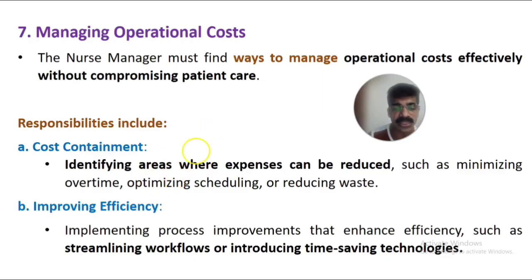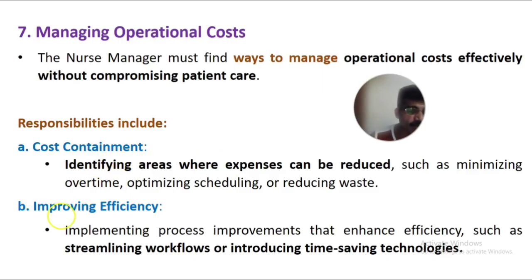Then optimizing the schedule. The nurses' duty schedule has to be optimized and balanced, so long-term shifts, additional shifts, holiday shifts, etc. could be managed. Also, reducing the wastage of supplies and equipment by the staff, etc. These are some of the factors that can reduce the hospital expenditure or cost to maintain cost containment. That is nothing but reduction of the cost or expenditure.